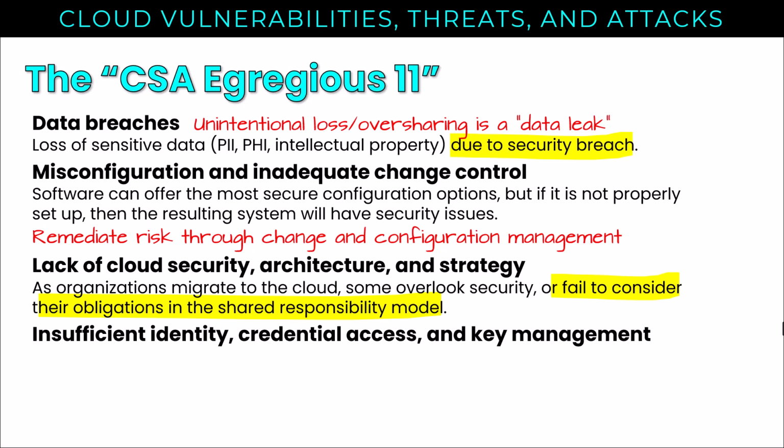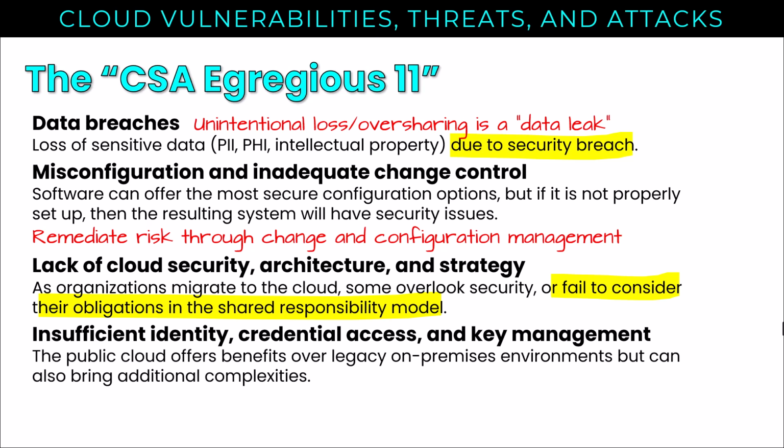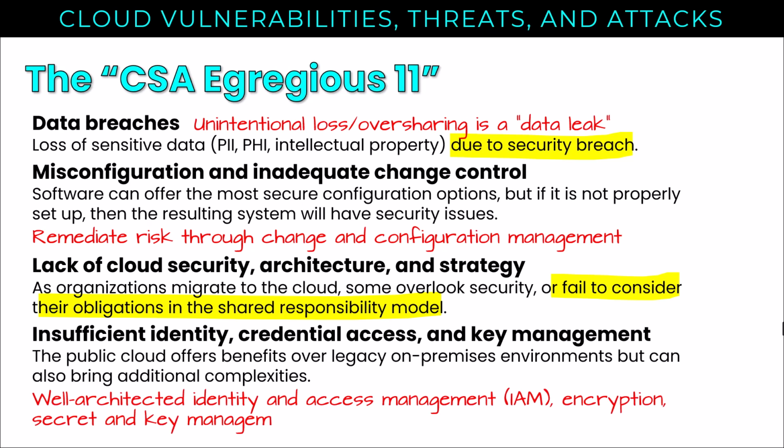Then there's insufficient identity, credential access, and key management. The public cloud offers benefits over legacy on-premises environments, but it also brings additional complexities, often in the form of new ways to configure familiar capabilities. Two great examples are identity and access management and secret and key management, which are going to be very different in the cloud versus on-premises. On the whole, identity and access management, encryption, key management, all of it tend to be the same versus what we see on premises, but new ways to implement these familiar features, so there's going to be something of a learning